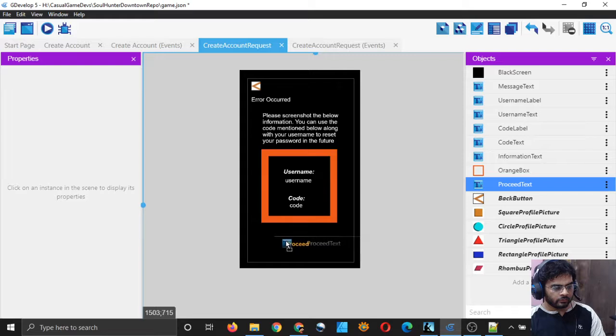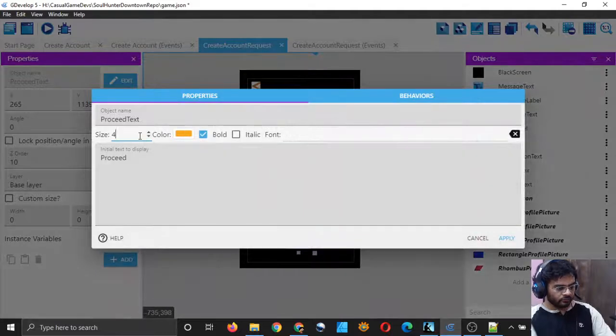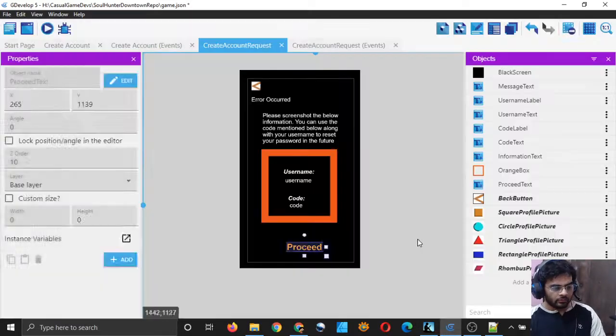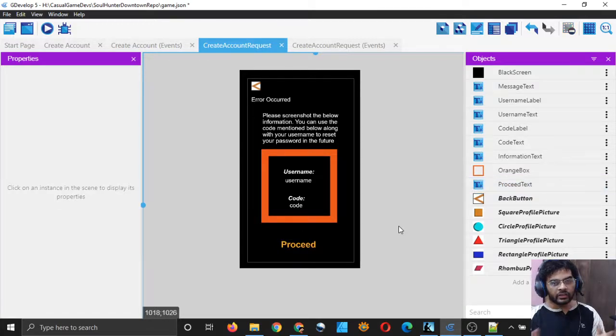Proceed text, so it will be shown here. I think it can be a little bit bigger also, maybe 60. Yeah, that's good. And when the user clicks on proceed, then they will be taken to the dashboard, right?